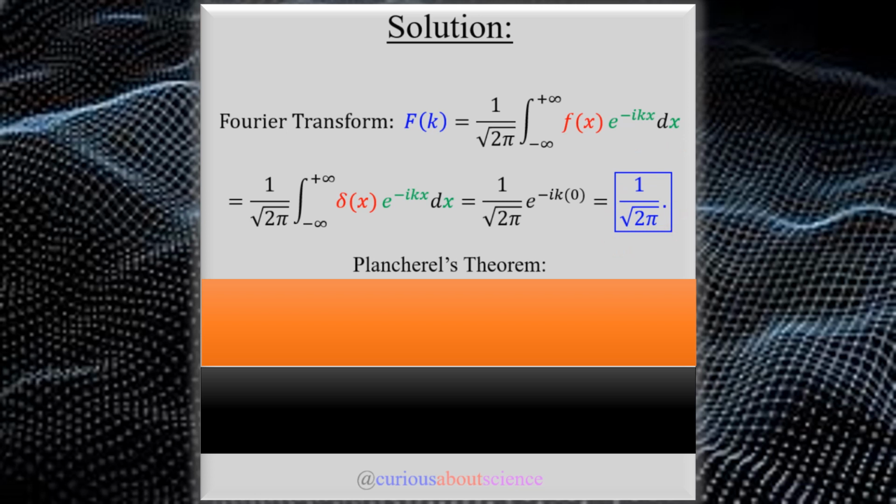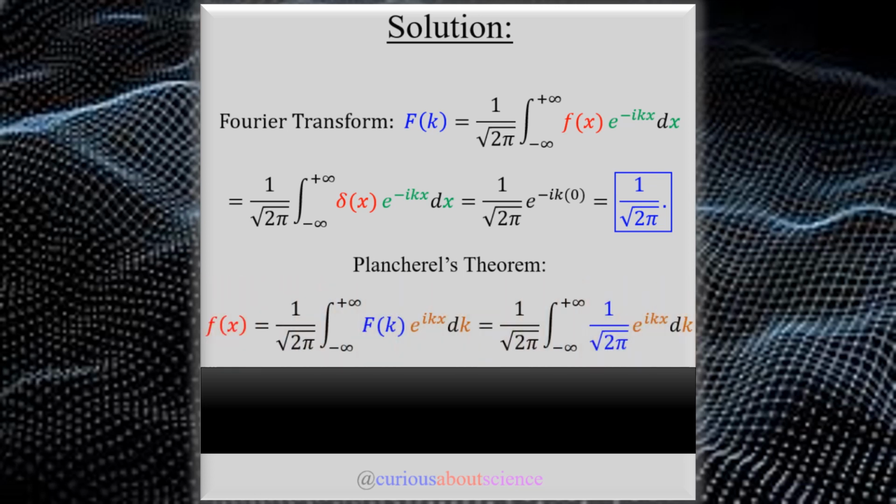Now, if we want to use Plancherel's theorem, it is important to understand that this is the inverse Fourier transform, and so let's go ahead and state that as well. Here, if we want to recover the function f of x, we have to take the inverse Fourier transform, and that's why we have big F of k in here, and our exponential is positive ikx dk. Okay? So just be aware that this goes back and forth, and it's definitely used a lot, clearly, and it'll be used even more once we get to the formalisms of Chapter 3.